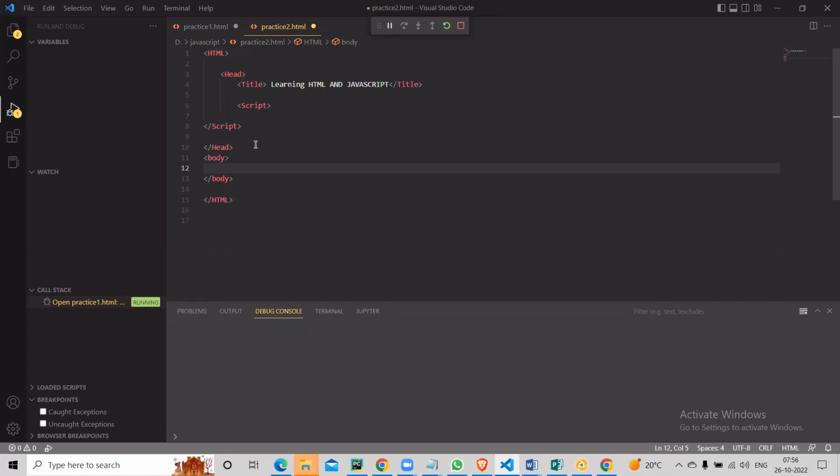So we'll talk about functions now. If you look at function,